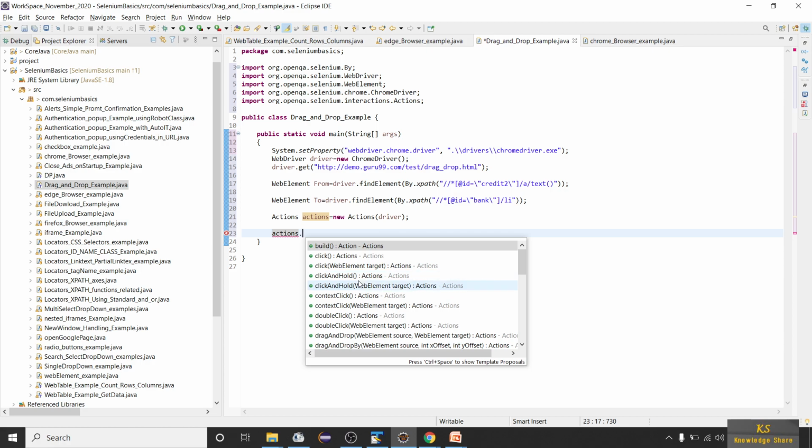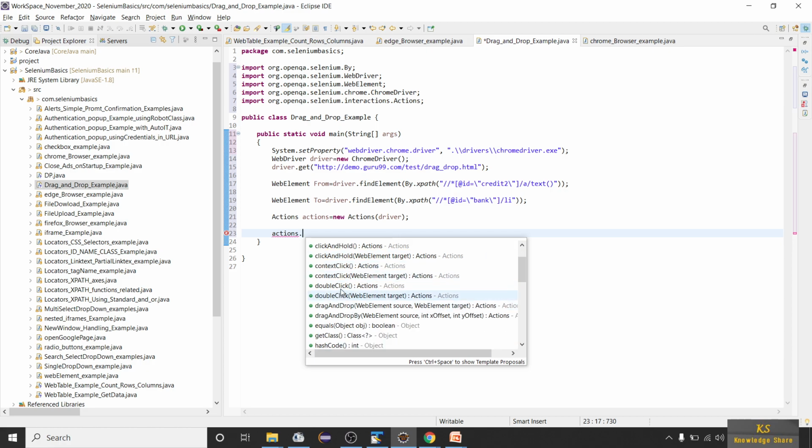There are a lot of methods which we can use for this drag and drop. You can see clickAndHold, dragAndDrop, dragAndDropBy with x and y coordinates, moveToElement, and also release and release with web element.